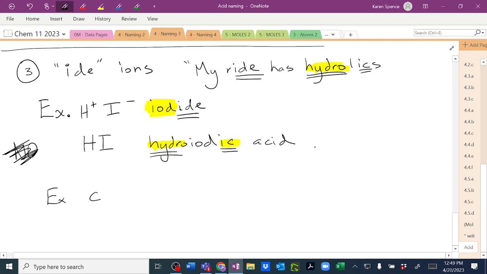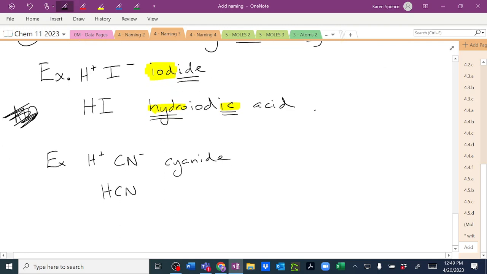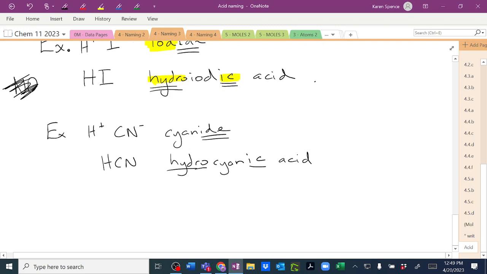CN-. That is cyanide. We need one hydrogen to go with that, so we have HCN. That would be hydro cyan, and then we'll replace the "ide" with an "ic," acid. So we have the cyan, we put hydro in front, we put "ic" at the end, and that's our acid